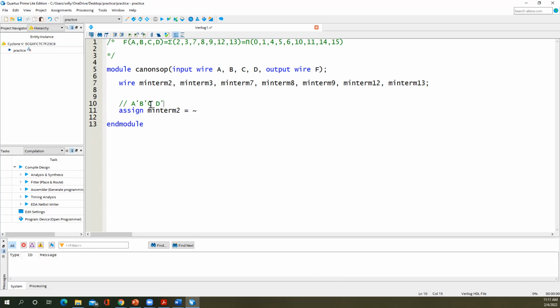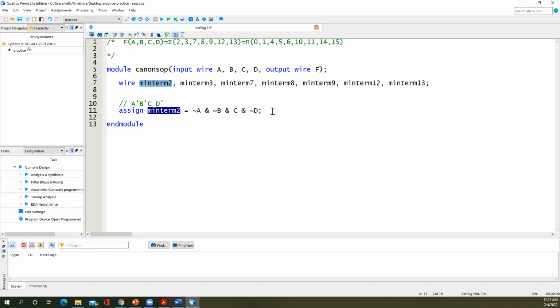Because 0, 0, 1, 0. And so using the bitwise operators, I could say not A. The and symbol in the bitwise operator is the ampersand, not A, and with not B, and with C, and with not D. If I put a semicolon after that, then I could start using this signal minterm 2